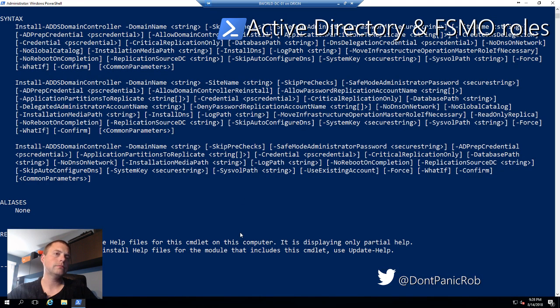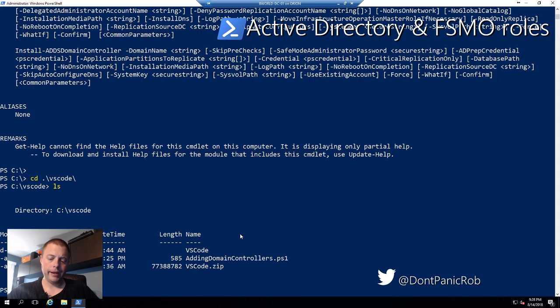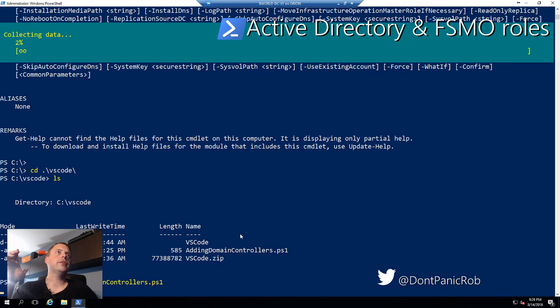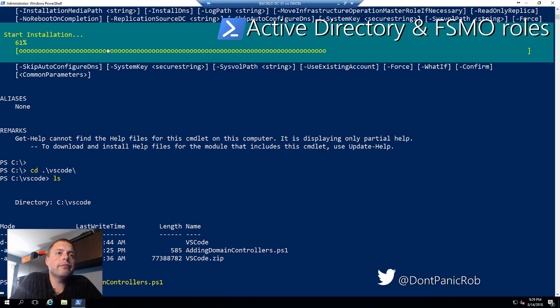Let's see here, adding domain controllers. Let's see if she likes this. It's collecting data. By God, I think it's doing something. I believe it's working correctly. So while it's doing this installation here,